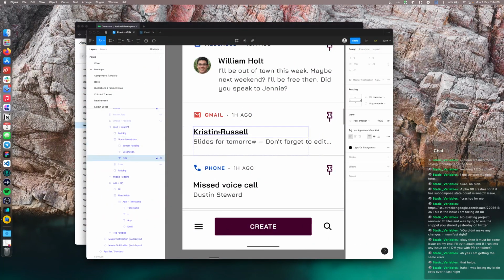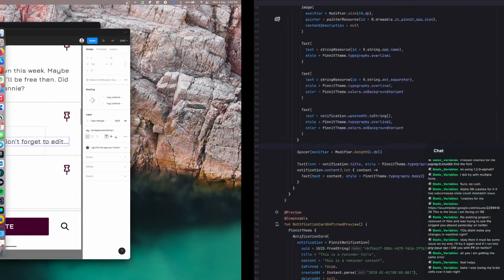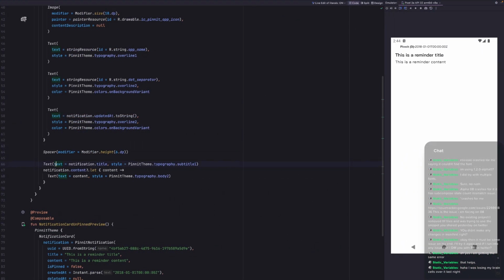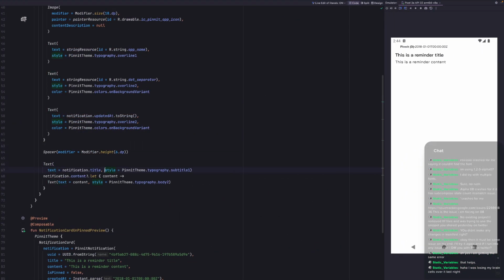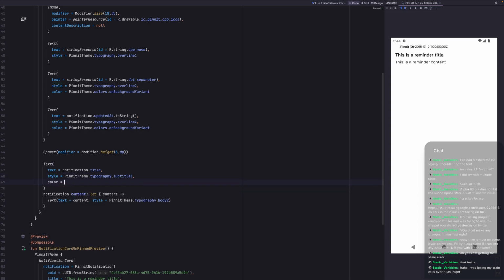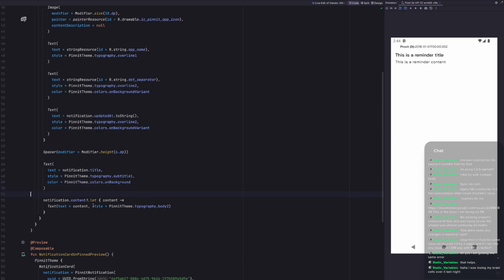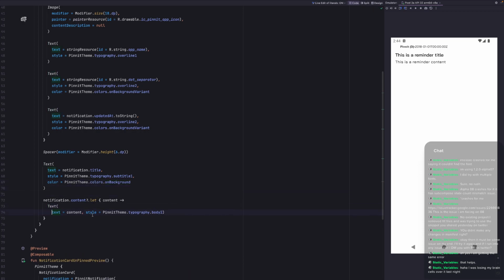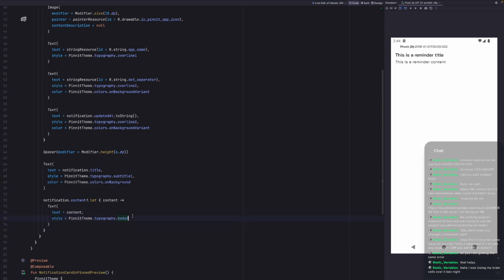Paradise. On background variant. So how is everyone finding the code so far? Is it boring? Good? Theme.colors.onBackgroundVariant. Okay. So this should give us